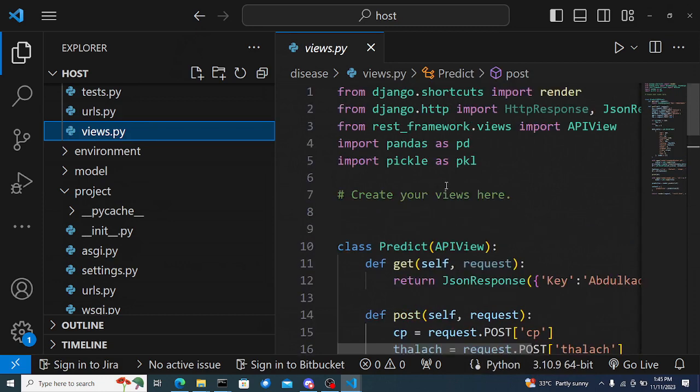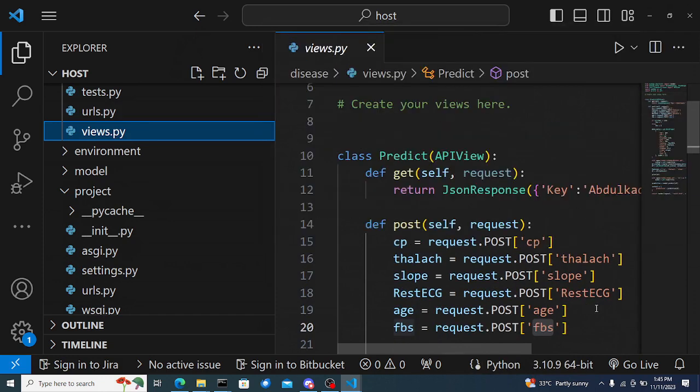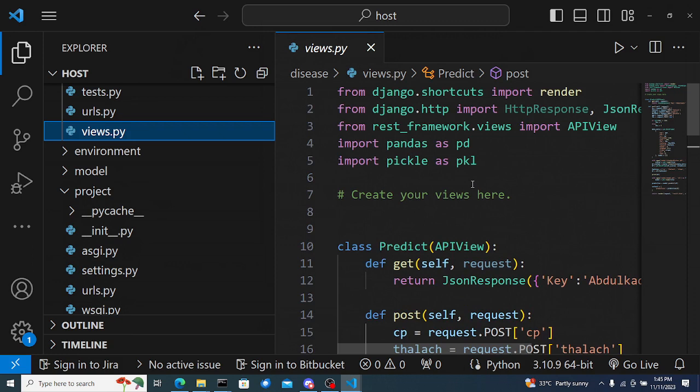HTTP response. JSON response. I love this. HTTP, Django.http. Then why do I need to install Django REST framework if I can just use